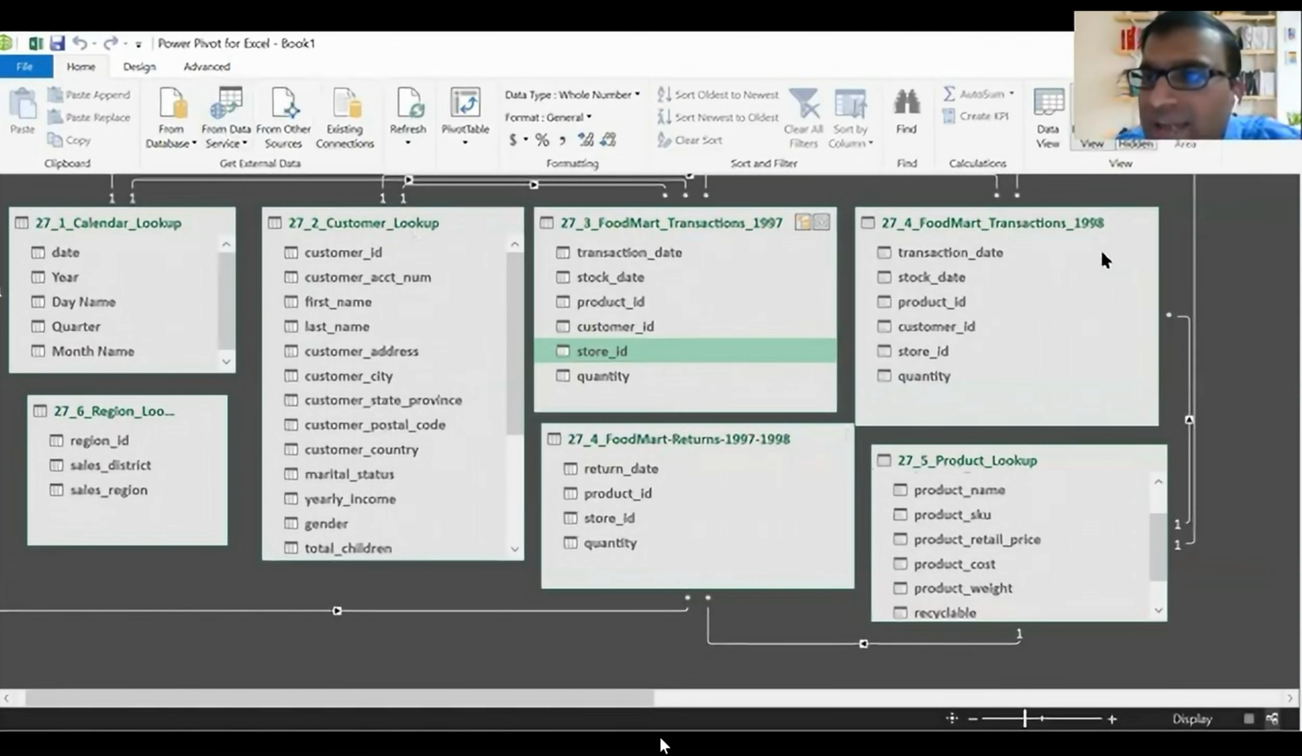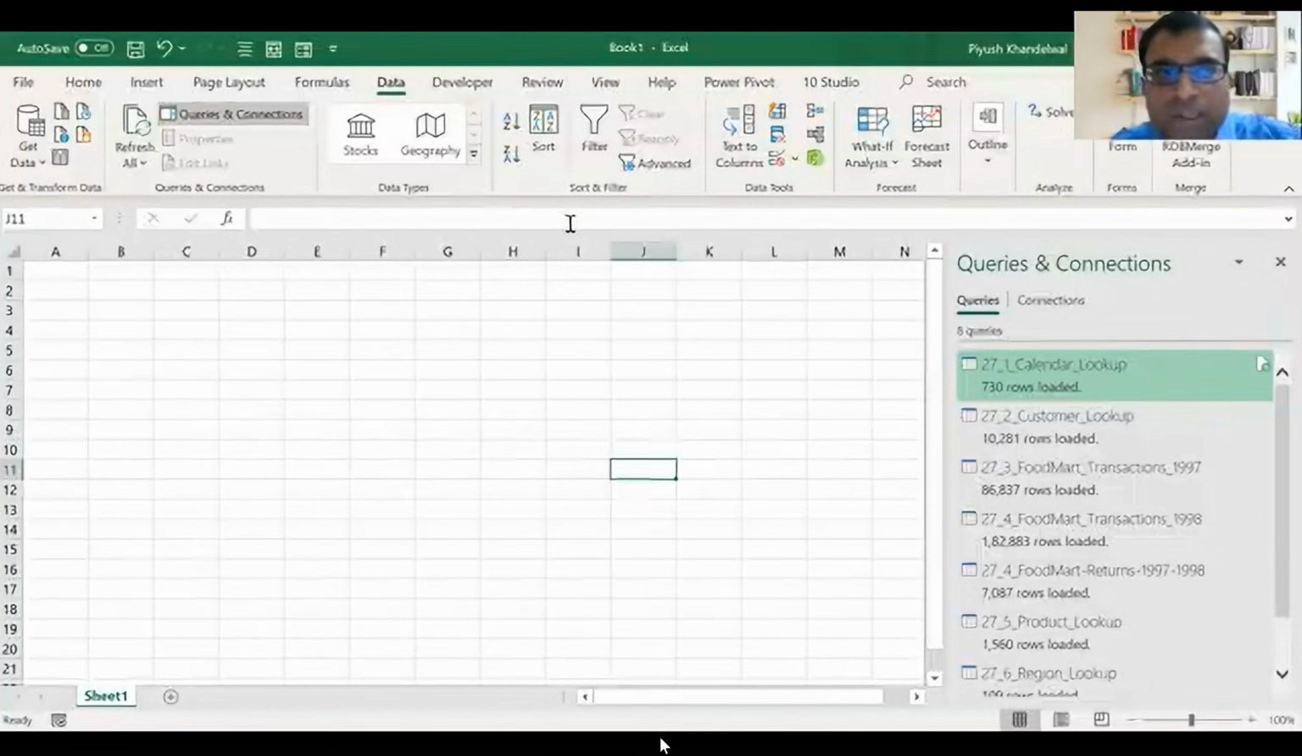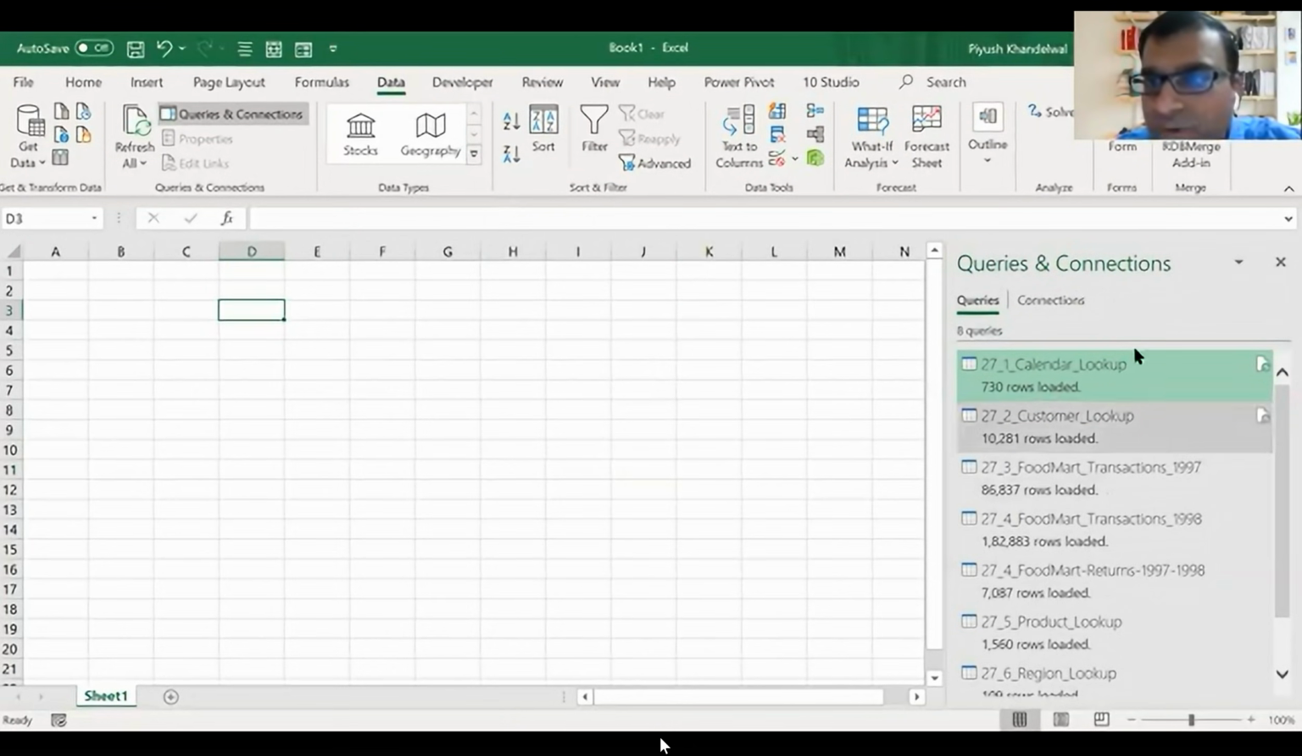So I will hold on till here, okay? And we'll try to see how it looks when we make a pivot table. So I will close this here, and I will open, and now can you see my screen? You have this